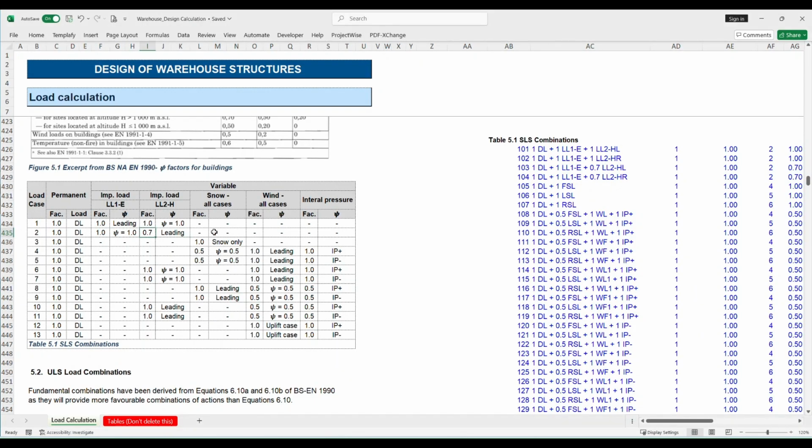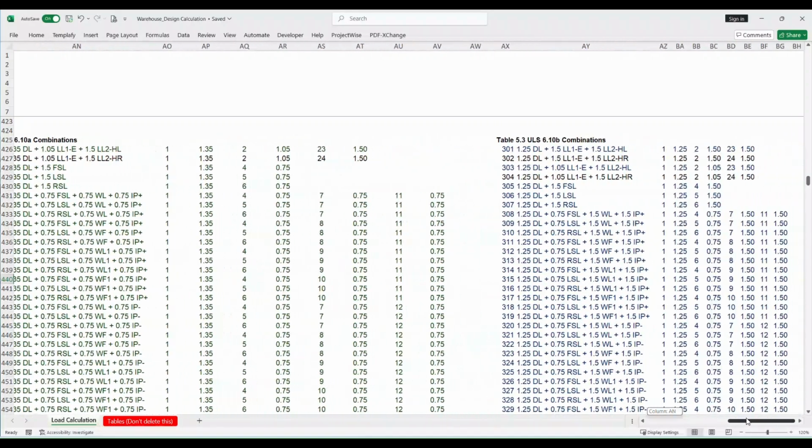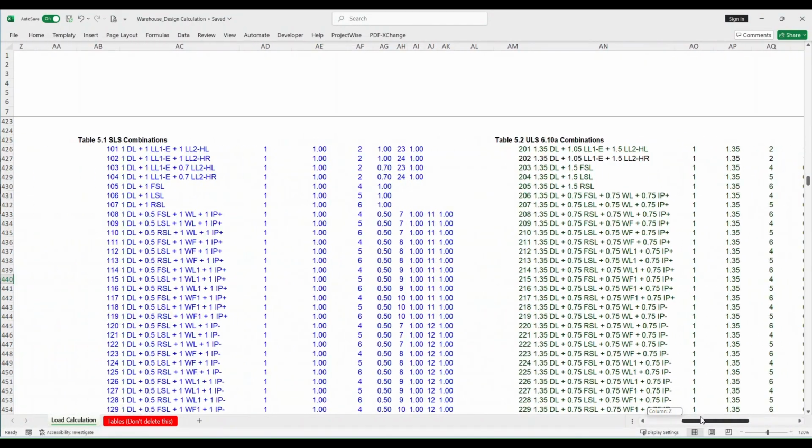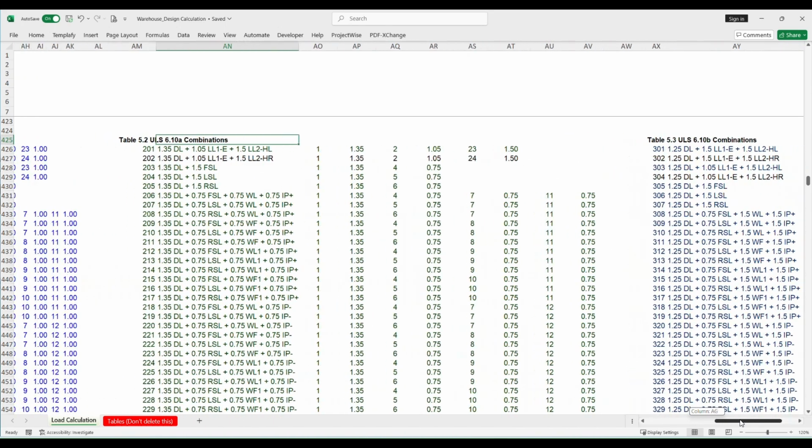These are the load combination calculation Excel which we have seen in our previous video. So on the right hand side you can see various definitions and the lines which we have developed in order to copy and paste this load combination into the Robot structural model. So these are the load cases for SLS and ULS category 1 and ULS category 2, which are arranged here,